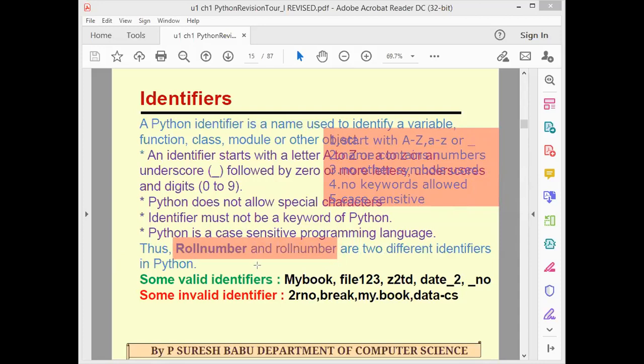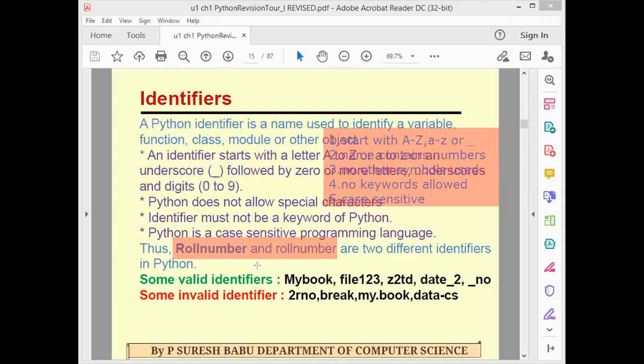You can use both in the program. Both will be treated as different variables. Don't think roll number and Roll number are the same. Python will accept the variable as case sensitive. So the first roll number is a different variable, the second is a different one. Students understood?